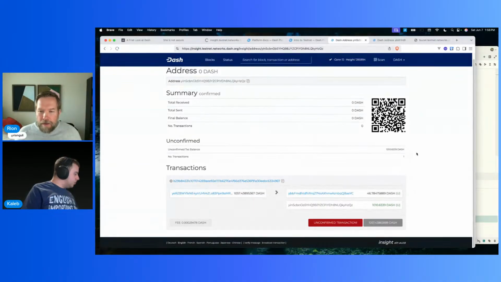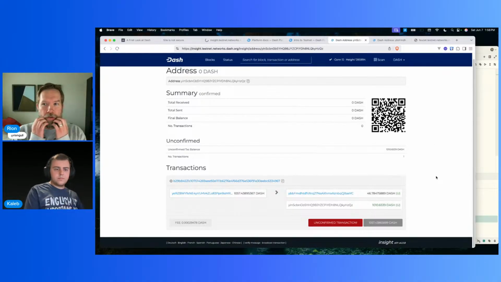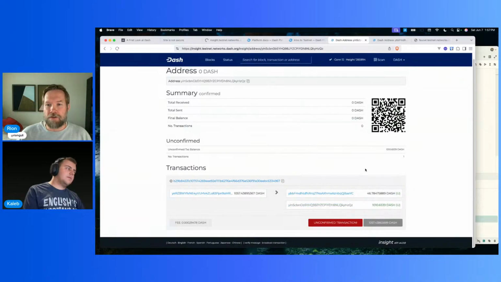They don't have to necessarily be in specific, even numbers or anything like that, but the right hand has to sum to a little bit less than the left hand side, and everything that's not is taken in the fee. So that's how they work. But so we got 1010 dash testnet units. So now let's go back to the